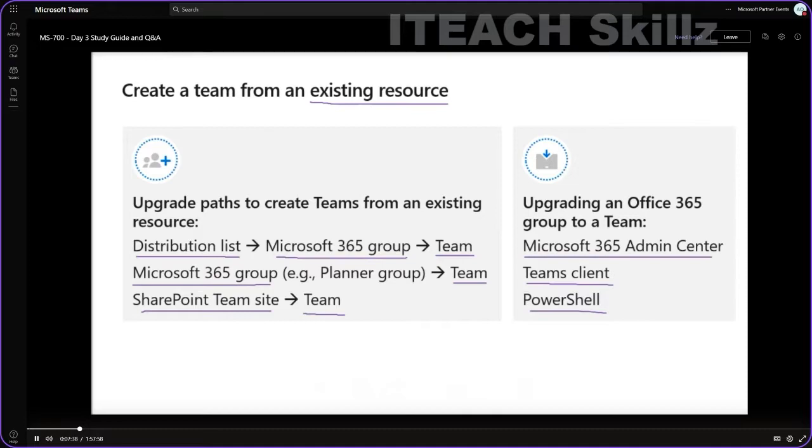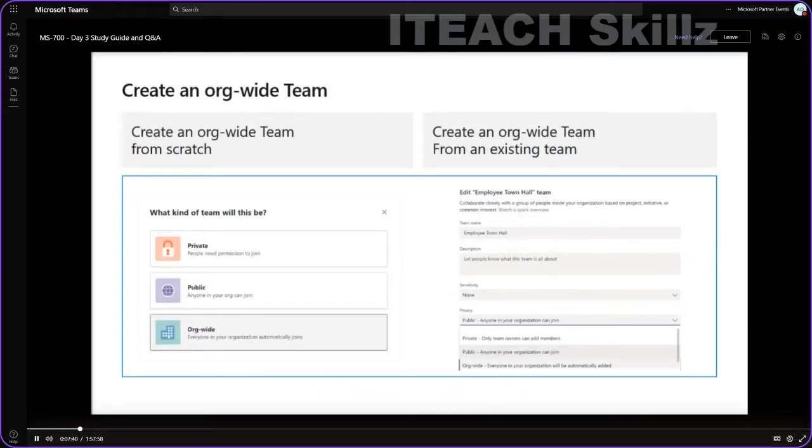Okay, so let's continue here. I can also create an org-wide team. Now, regarding the org-wide teams, it's really important that we take into consideration that